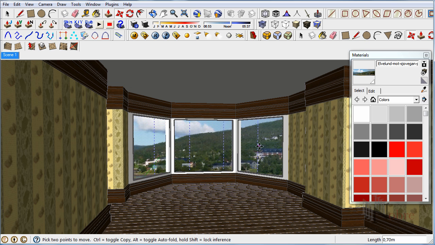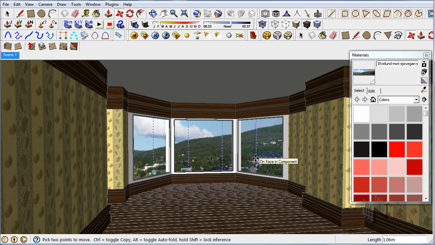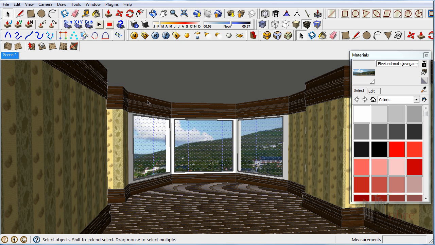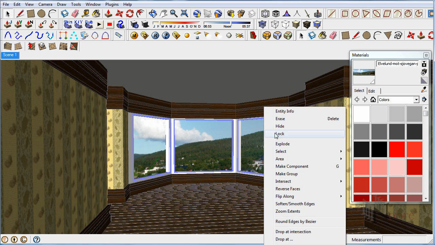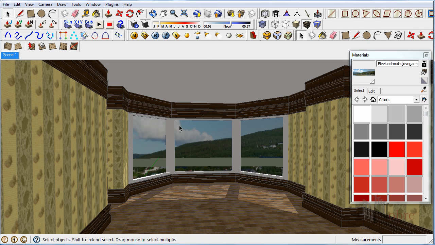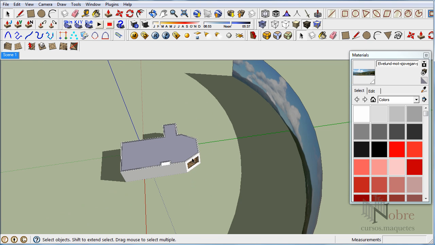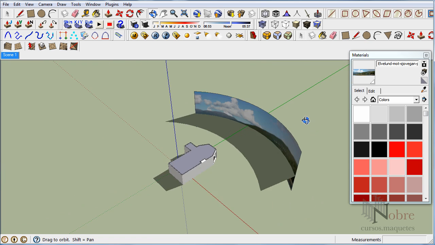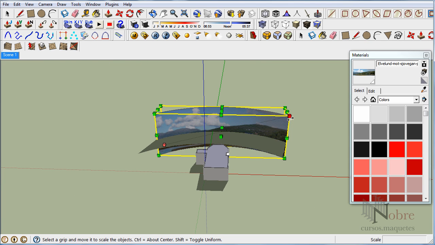You have to choose the right position, and you have to make sure that your background is not interfering in your sunlight. Okay, I can go here and see that it's not interfering. I can even make it